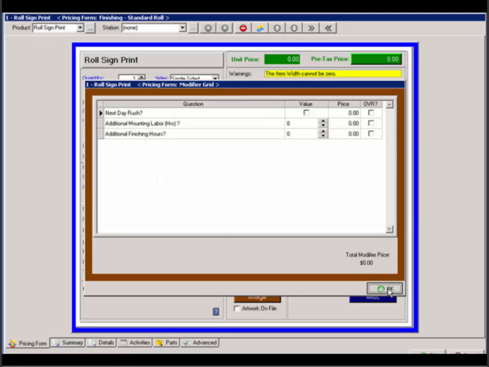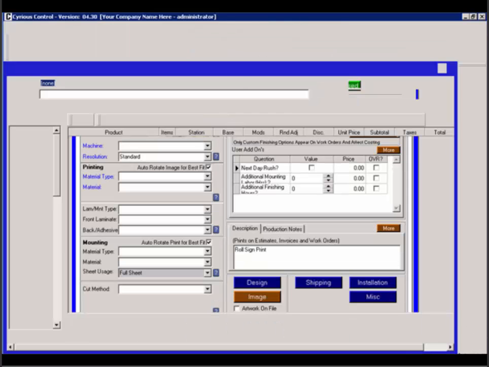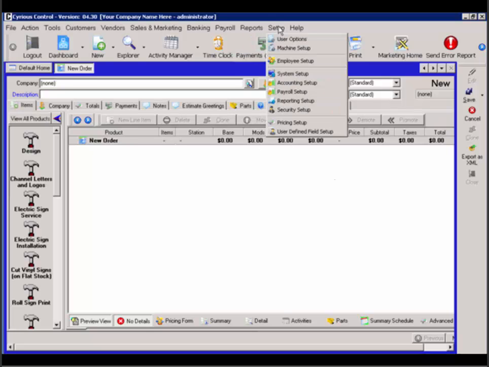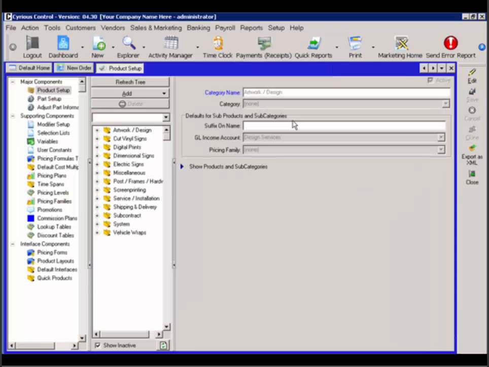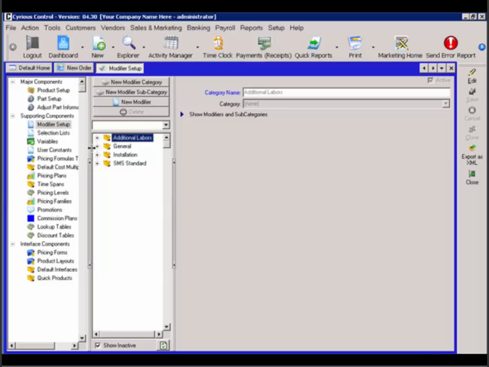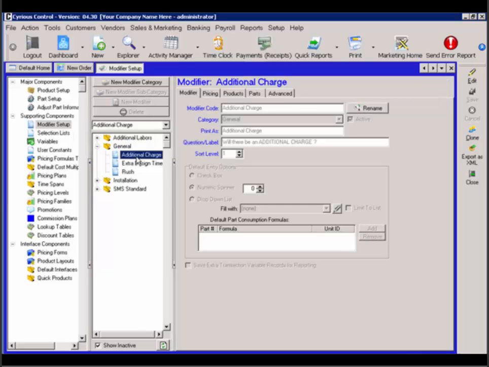To do so, I'm actually going to close out of the product here on the order entry screen, and then I want to go to Setup, Pricing Setup, and I want to select Modifier Setup. And let's open up the general category, and let's say we want to add this additional charge to the roll sign print product. To do so, I'm going to go to the Product tab,